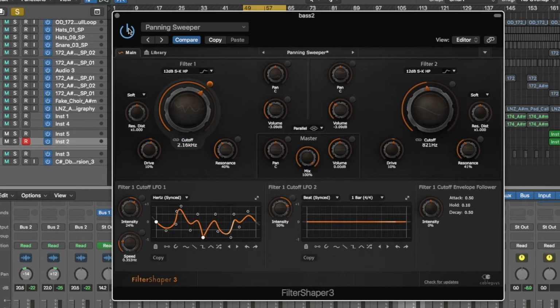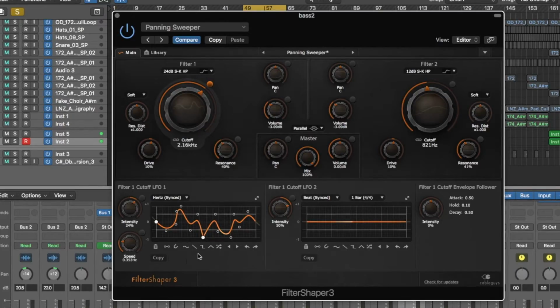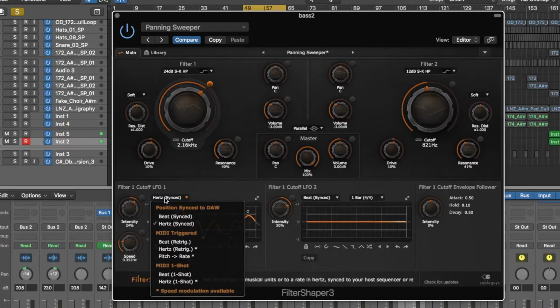And now we can hear how that has changed. Now you can see on here that there's a white line, and that is the representation of where the filter is moving. We put something a little harsher on, say a 24 dB high pass. And if we slow it down,